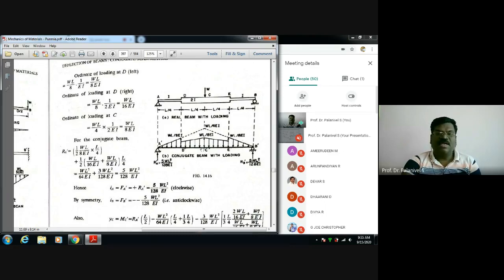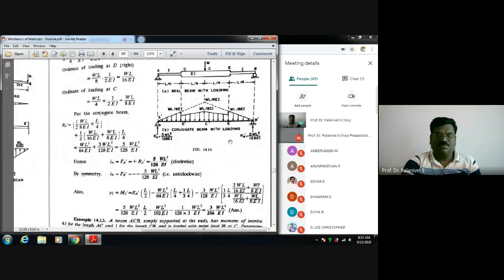Once you get the diagram, you know how to determine the bending moment at the center of the conjugate beam. You have to divide the area into standard plane figures and take moments. If numerical values are given, you can do it. Once you are clear about the concept, you can work out any kind of problem. Please, it is an engineering course and a lot of things are there to discuss.